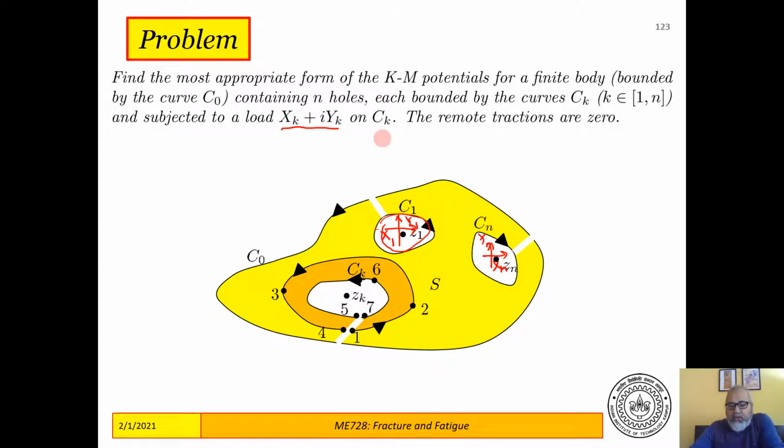Now, because this is a multiply connected body, we want the potentials to be analytic in this region S, which excludes these holes. So we can now afford to have functions that are not analytic all over the plane, but can have poles at isolated points z1, z2, zk, zn, etc., which lie inside the holes. So it is possible to have functions that have singularities, poles at isolated points inside the holes, which means that remember your complex variable theory that we recapitulated two classes ago,